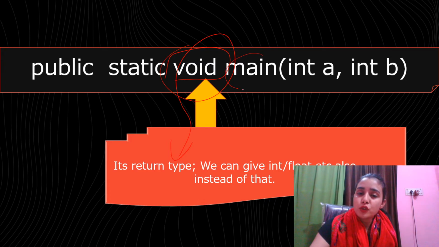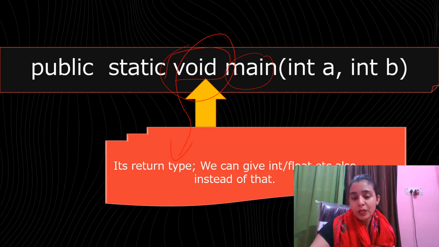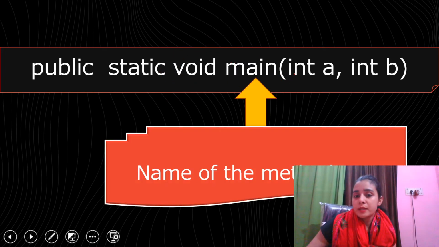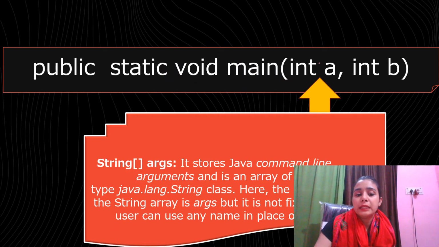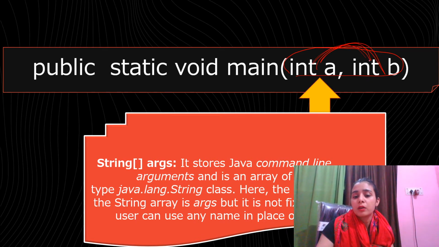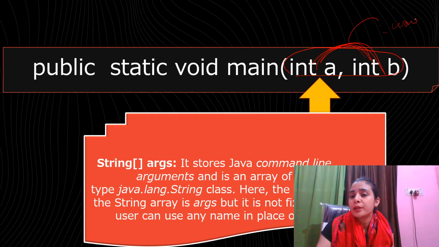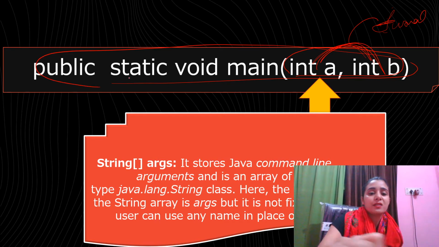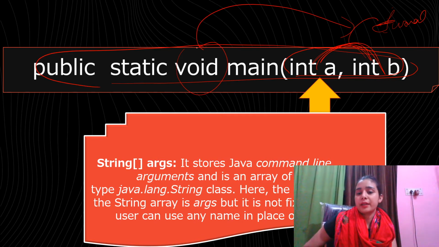Now main is just the name of my function. Instead of that I can give any name, like just now I have given the name xyz. Main is just the name. This is the name of my method. Now these, integer a and integer b, are my arguments, and these are the formal arguments. And this function is specifying that it is receiving the value but not returning any value. I will tell you about that practically also, right? So this is the actual meaning of our functions.